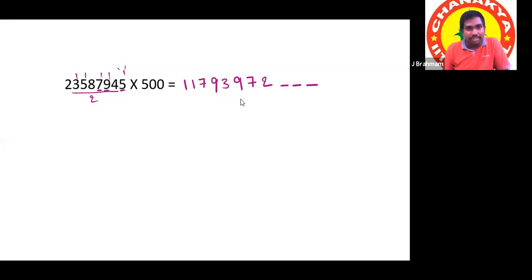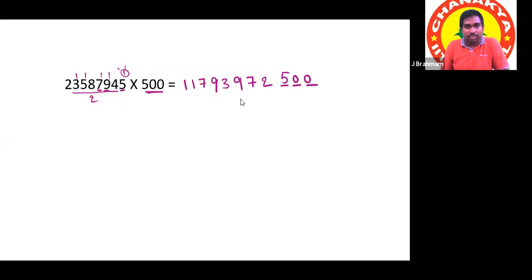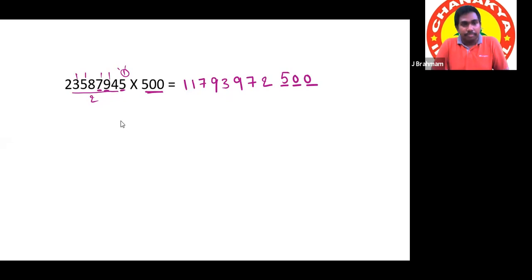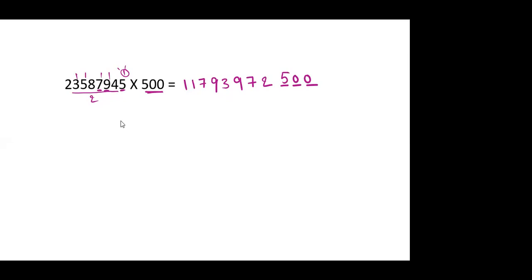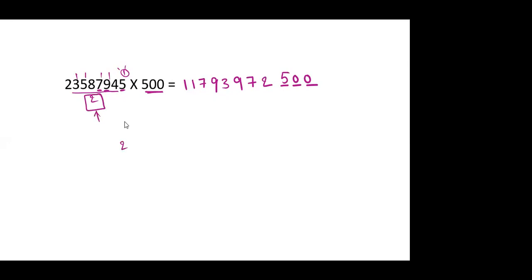If 1 is the remainder, the last 3 digits will be 500. This remainder into the multiplication factor 500. 0 is the remainder, 3 zeros. 1 is the remainder, 500. Okay. Sir, if the remainder is 2, then 3 zeros again? Then how can you get 2 as the remainder? Because here we are dividing it by 2, right? If 2 is the remainder, we'll make it 0 again.